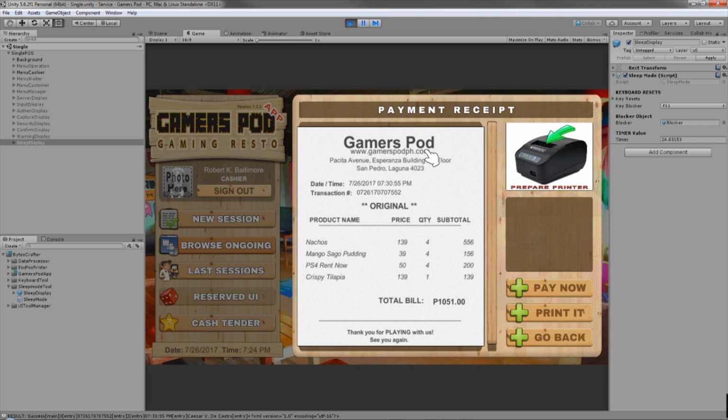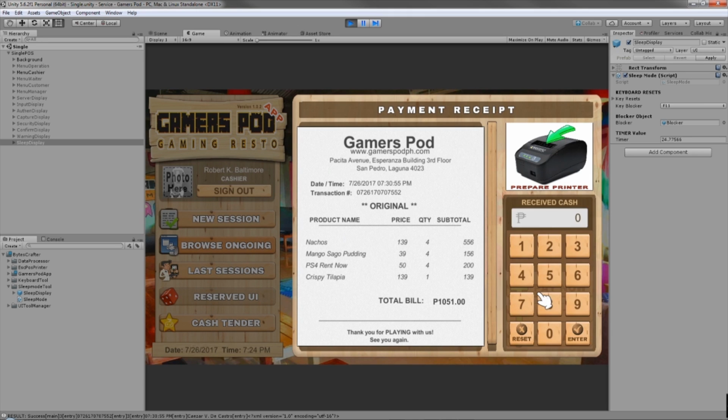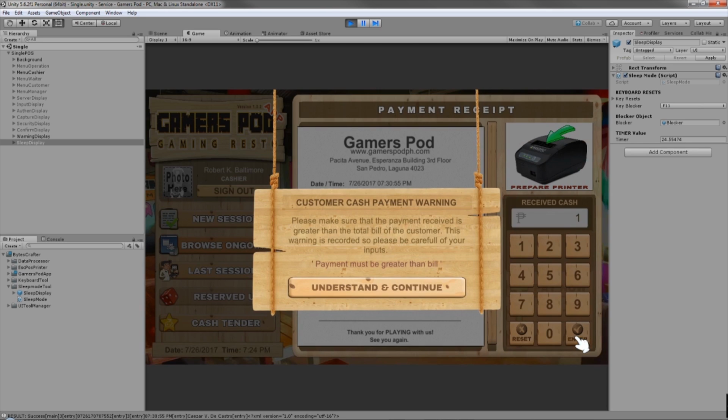This is my current client right now, and it also shows price, quantity, subtotal, and the name, total bill, and I can print it and I can pay now. So I can pay now, and also it has error handling that the payment must be greater than the bill, right?